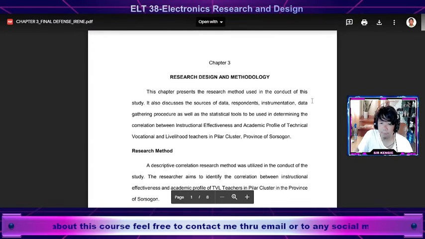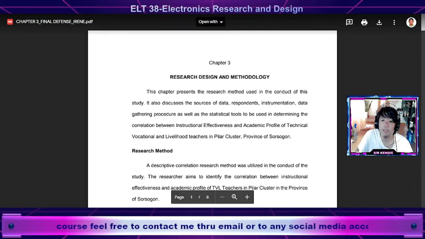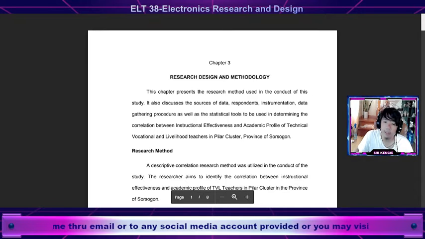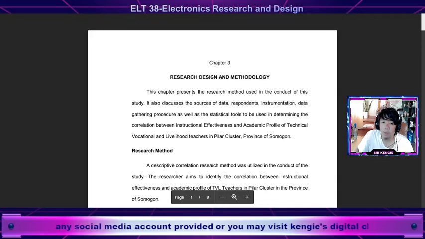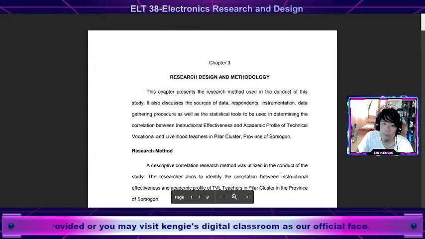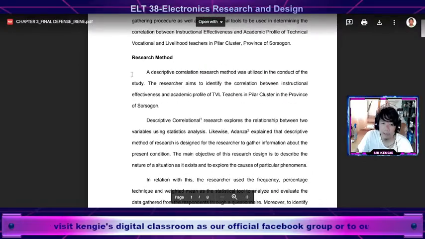I repeat, after you presented Chapter 3, including the research design and methodology, you're going to provide an introductory statement for this paper. In most chapters, it should have an opening statement to guide the readers or even the panel members on the contents of your paper. To be followed by the research method,